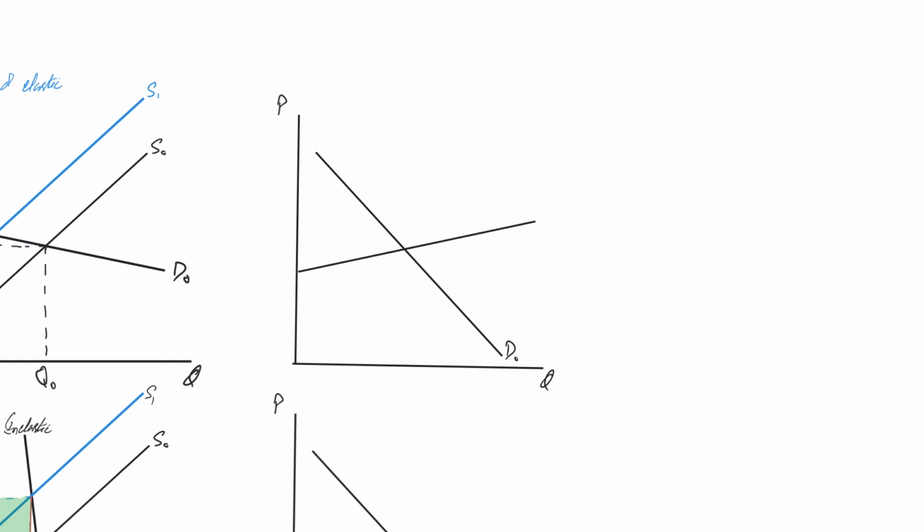So suppose in the first case I'll do supply is highly elastic, and so that's the quantity and that's my price. And I am imposing an indirect tax. So I'll shift the supply curve upwards like this, and so my new equilibrium